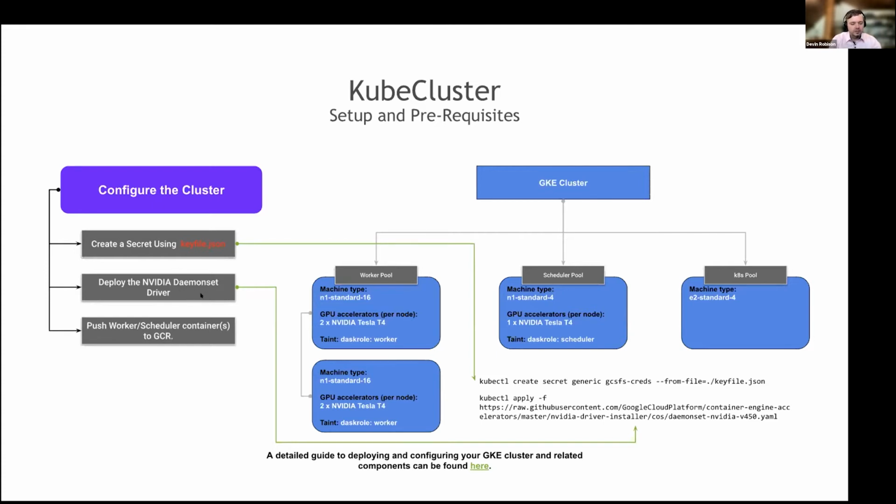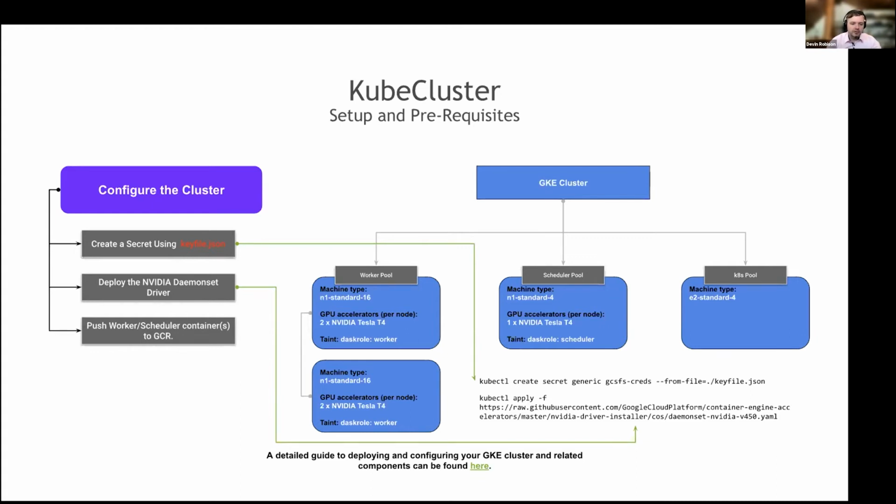We'll load the NVIDIA daemon set driver so that the system knows how to configure and provision GPUs within each of the worker pods that we're going to deploy. And then we need to push something that we're going to use as our container image for each of these workers in the scheduler. And so in this case,